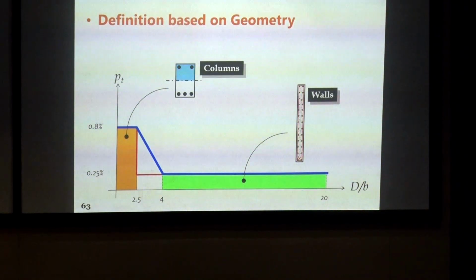The eternal problem that we face is between the definition of what is a column and what is a wall. Right? And it's good to be in the no man's zone. So, I'll not say, but maybe some amount of policing is going to happen there. Watch out for that.